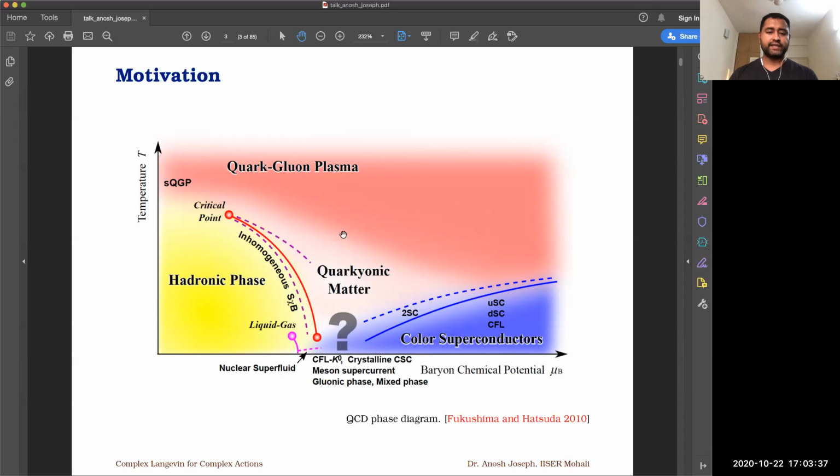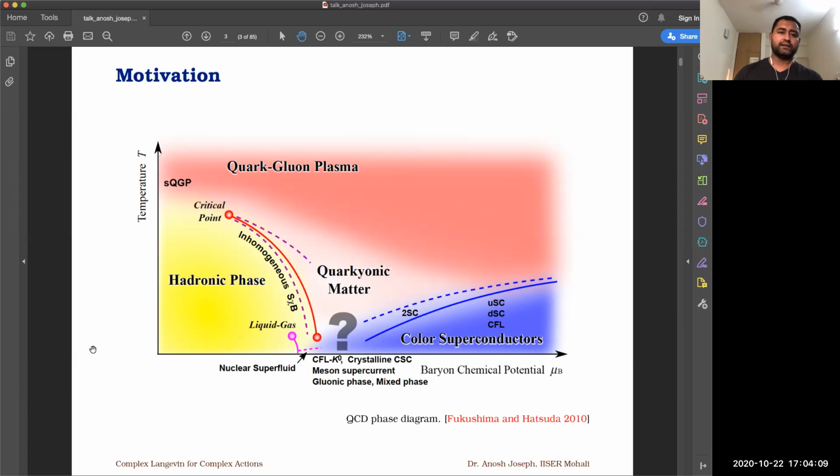The QCD phase diagram is not perturbative. There are several phases here. On the x-axis, we have the baryon chemical potential, and on the y-axis, we have temperature. On this two-dimensional surface, we have several interesting phases, and some of our colleagues at TIFR are also exploring these theories using lattice